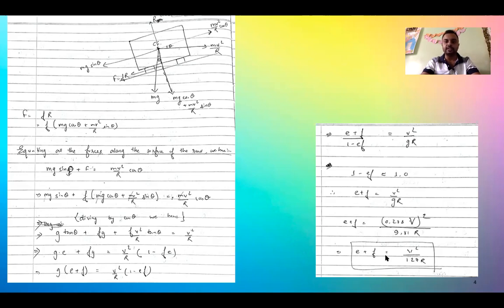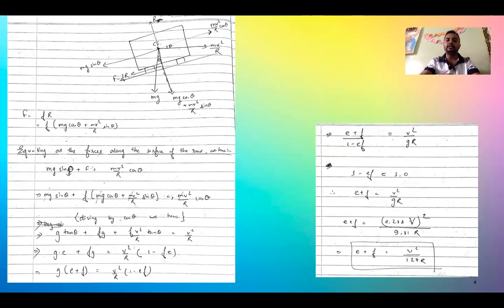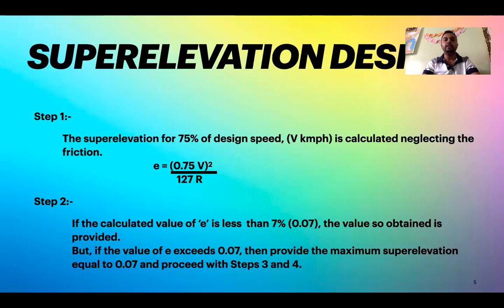e is the super elevation, f is the coefficient of friction, e plus f is equal to V square by 127 R. But to design the super elevation, we cannot directly use this formula and give the super elevation, because when you use this formula e plus f is equal to V square by 127 R, you may get the value of e as greater than 0.07 also. As you already know by now that e cannot be greater than 0.07. So what are the steps that are involved in the design of the super elevation? When you are practically, as an engineer, designing the super elevation, what are the steps that you will be following?